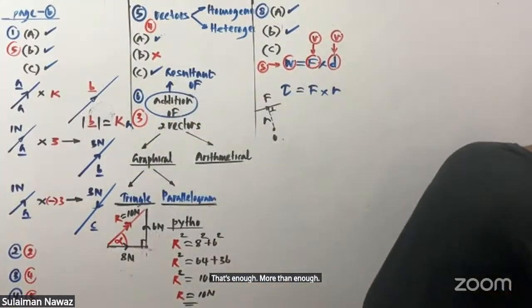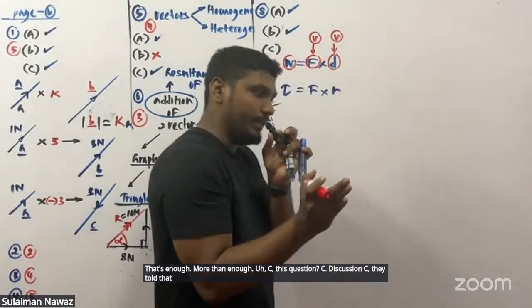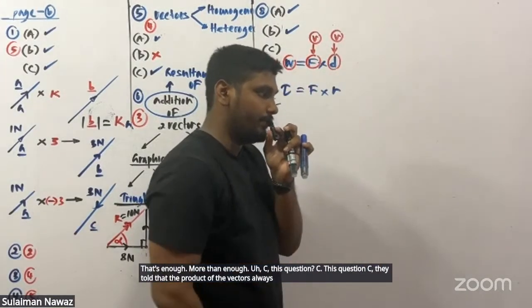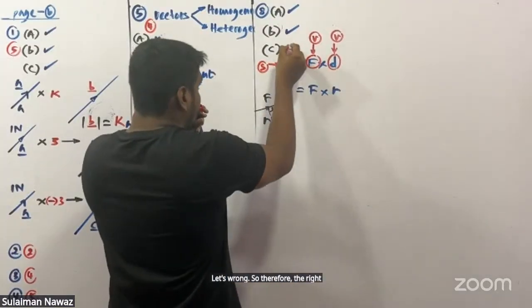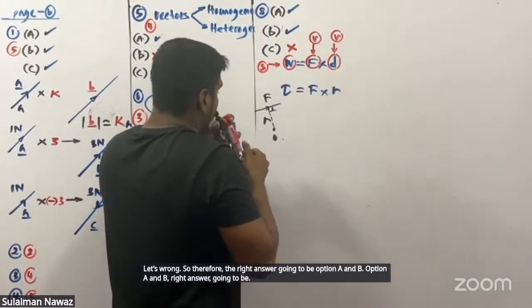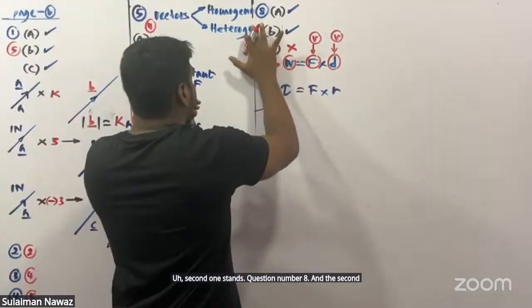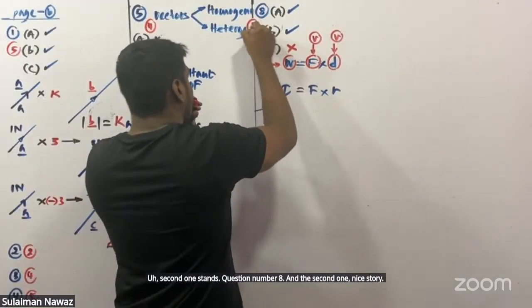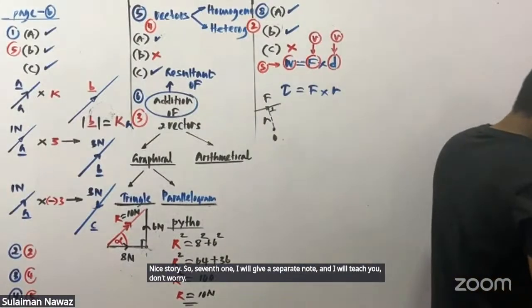This question C, they told that the product of two vectors always results in a vector. That's wrong. So therefore, the right answer is going to be option A and B, the second one is the answer. Question number 8, answer is second one. Nice story. So the seventh one, I will give a separate note and I will teach you. Don't worry. Then we'll go back to